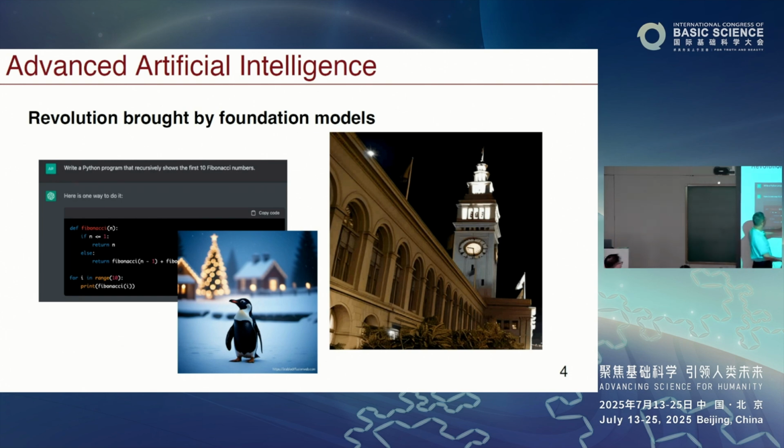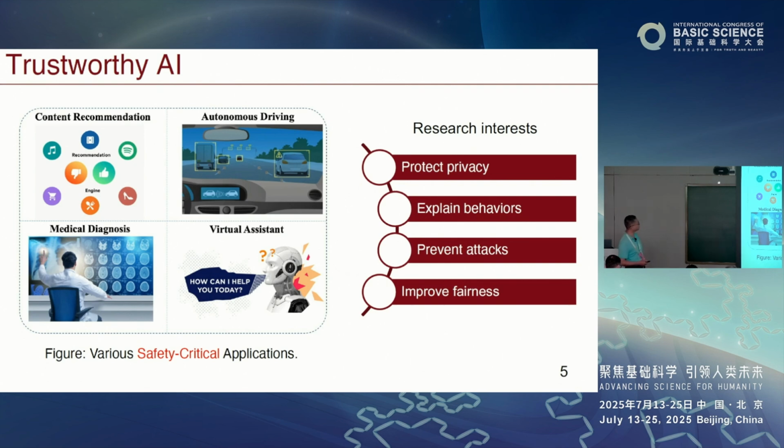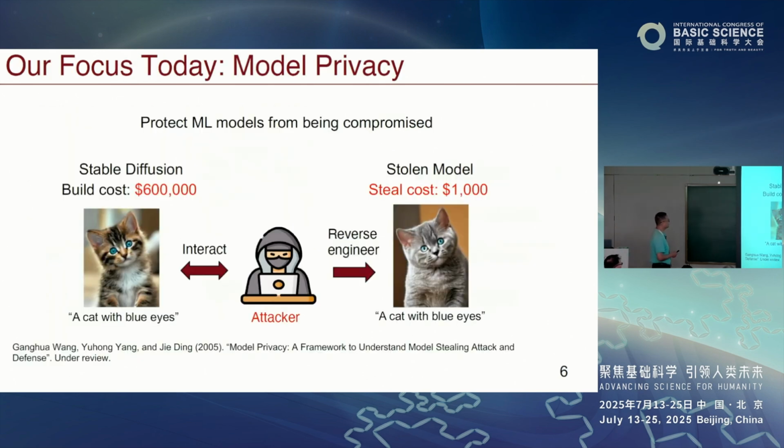Now, with generative AI, we can do a lot of stuff, right? The large language model has been so successful, and everybody perhaps has benefited from writing code or generating some image or video, right? Those things become easy tasks. And trustworthiness of AI is really important in some safety critical applications. For example, auto driving or medical diagnosis, for those settings, if a model is attacked by an adversary, that can really cause a lot of trouble, right? So therefore, it's important to study these issues.